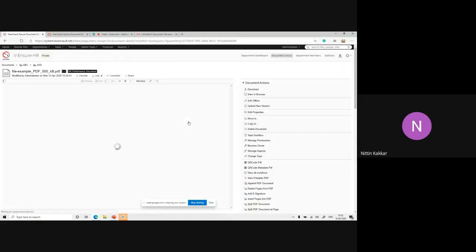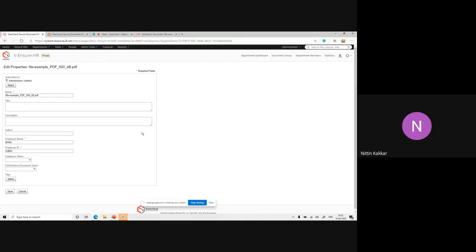Just open it from here itself. So click on edit properties. Yes, so you see subscribe on the top. If you have the edit rights, you can choose other users and subscribe on their behalf as well.